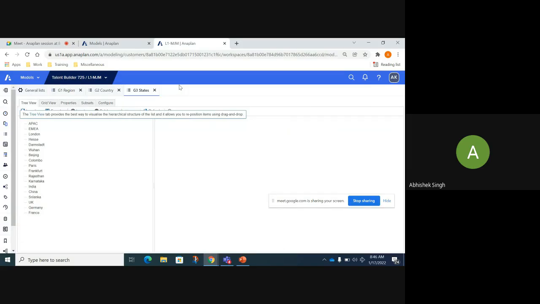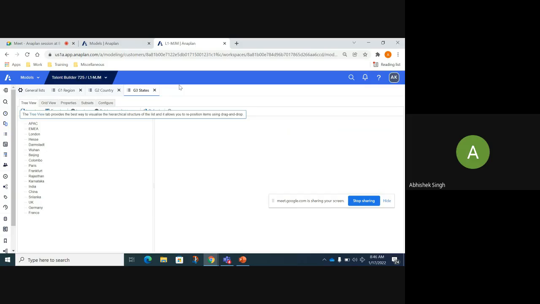I'll go to the G3 states and assign a parent from G2 country, but this time my work is to assign the members as well.